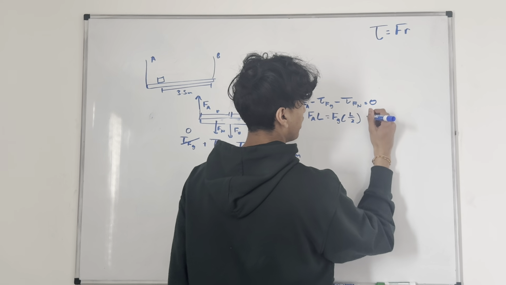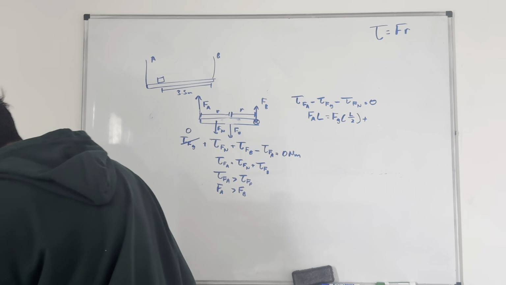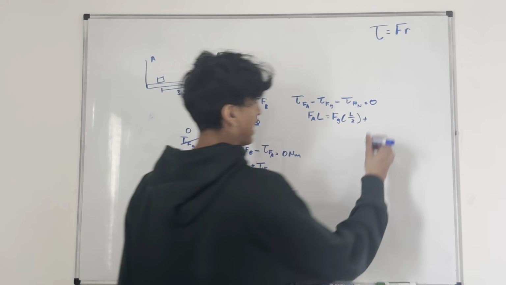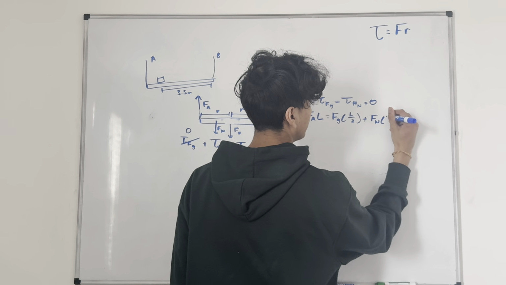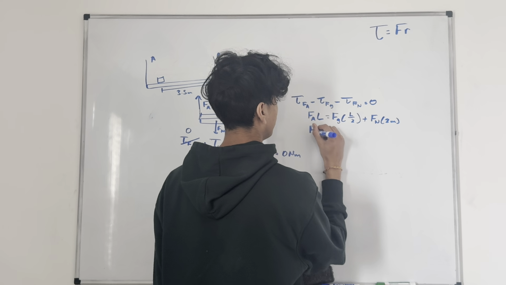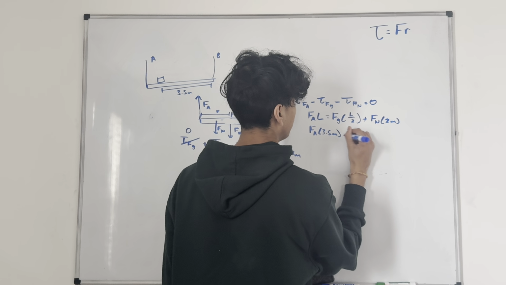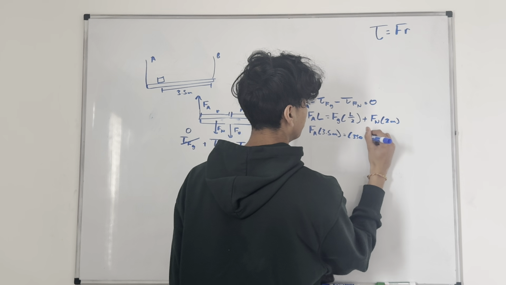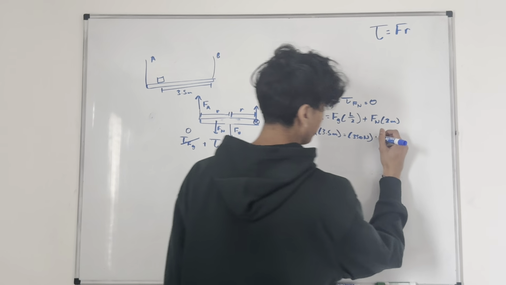L over 2. Plus torque by Fn. Fn acts 2 meters from point B, right? So that R is going to be 2 meters. So I get Fa times 3.5 meters equals 350 newtons. 3.5 divided by 2 is, I think, 1.75